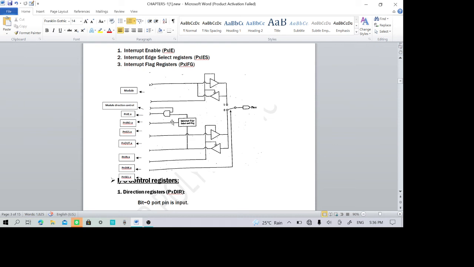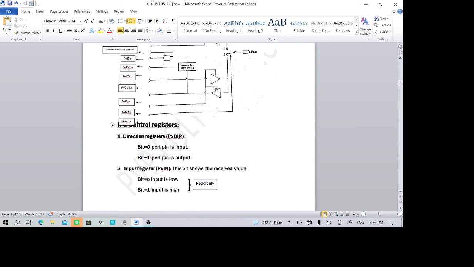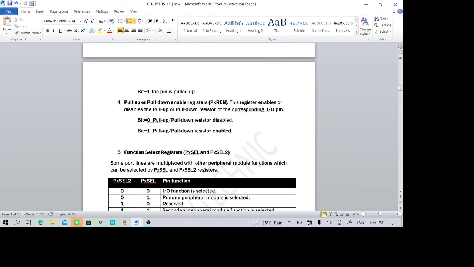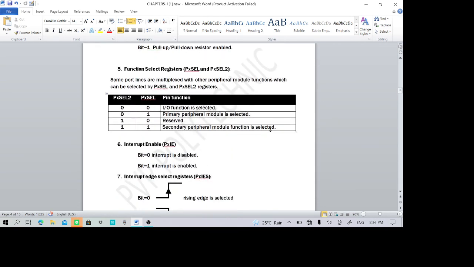Then whenever the interrupt comes, it is received on the interrupt request line, provided this bit should have enabled it. That is, if the interrupt enable is enabled, then the request line will receive the interrupt from this pin. Then the type of request is selected by the interrupt edge select. So this is how the interruptible type of interrupt port will work.